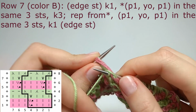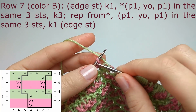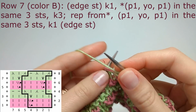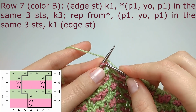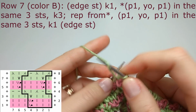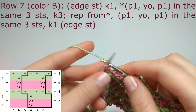So I repeat again, purl 3 out of 3, knit 3, purl 3 out of 3, knit 3, purl 3 out of 3, knit 3,